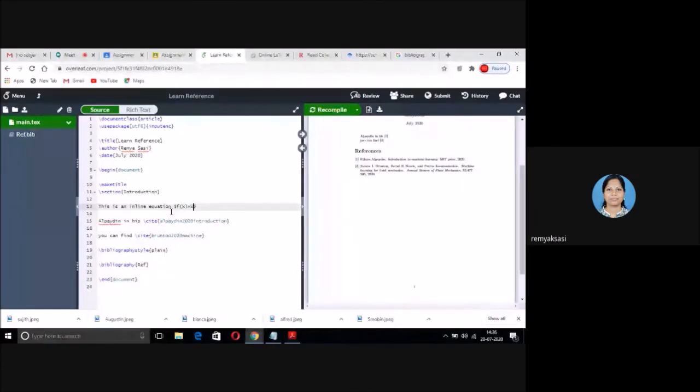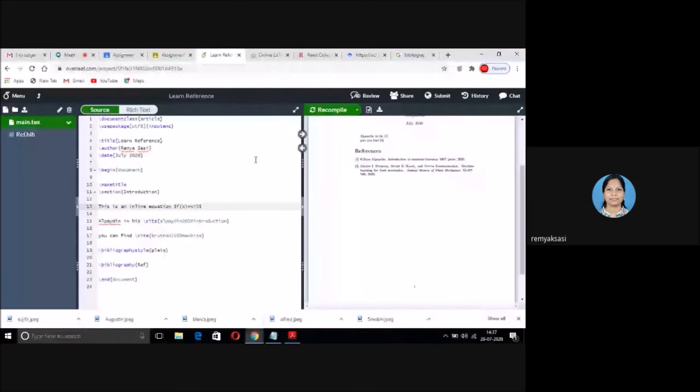If you want to type x square or x cube, type x followed by the caret symbol. The caret symbol is along with the number 6 on your keyboard. You have to type it by pressing the shift key. The caret symbol is available there. X raised to 2. Now it is 3.